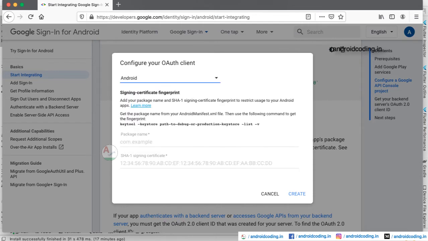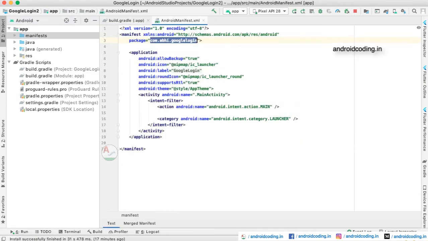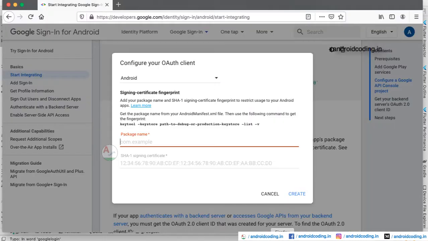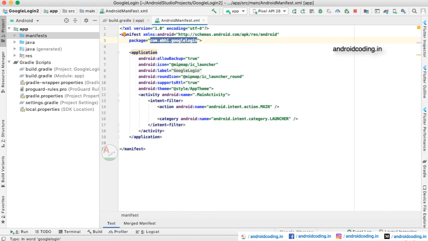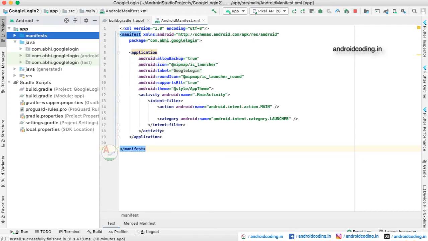Tap on Android, and here you need to specify the package name. In the manifest file you will find the package name. You need to specify this package name here, and below it you need to provide the SHA-1 algorithm. Again, if you have any queries in generating the SHA-1, I have provided a tutorial in the description section below. You may have a look into it. After adding the SHA-1, click on the create button, and you will be provided with a key value. Copy the key value and let us start our program now.